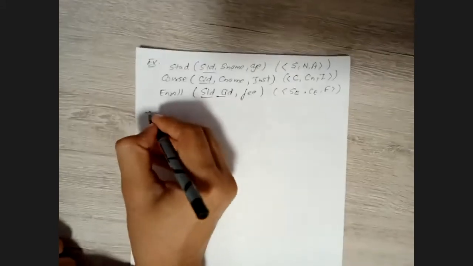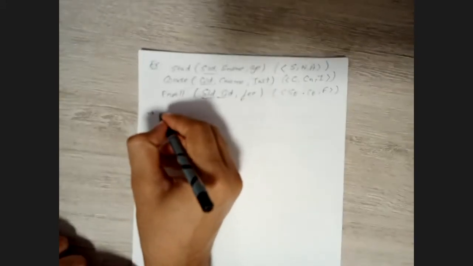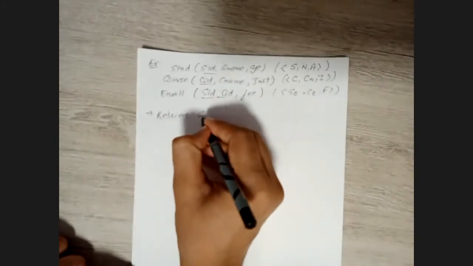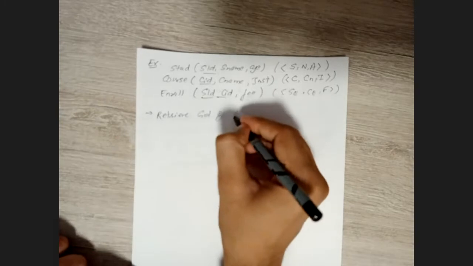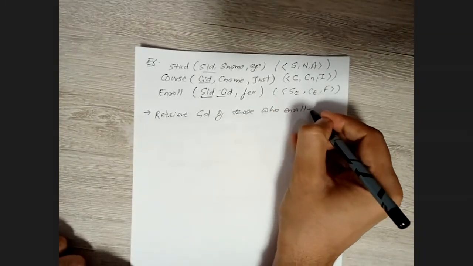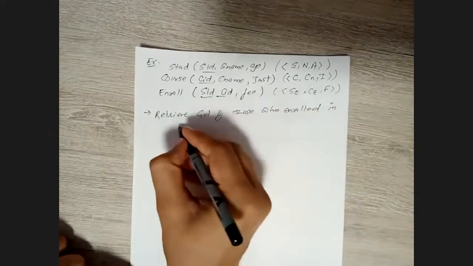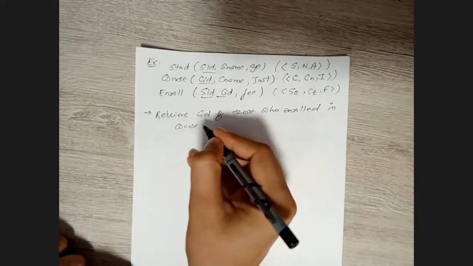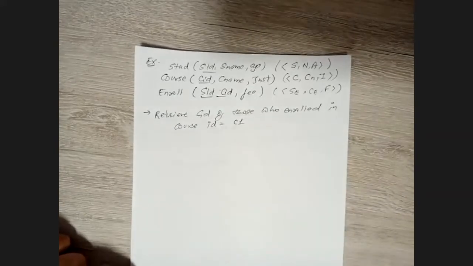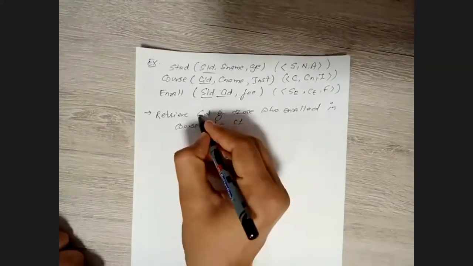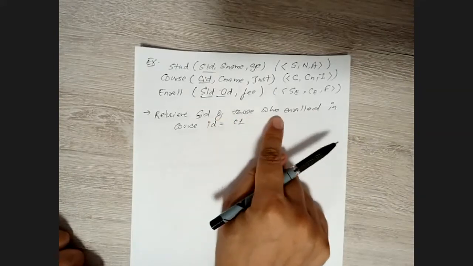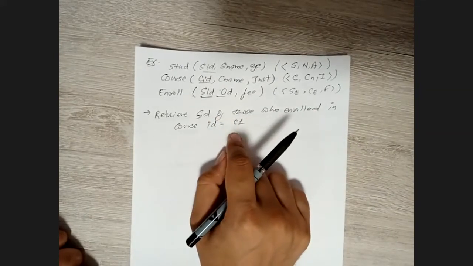Okay, now let's start on queries. Let's do the first query. It asks you to retrieve the SIDs of those who enrolled in some course whose course ID is equal to some value, for example, let's say C1. Right. So we need to retrieve the SIDs here, the SIDs belonging to students only, who enroll in the course having this ID, right?